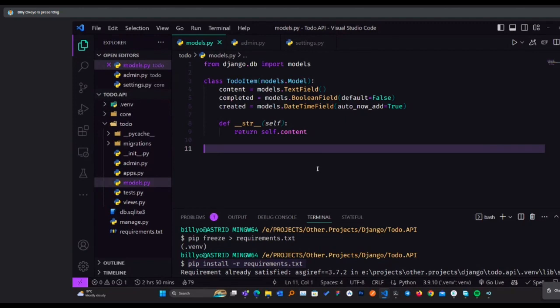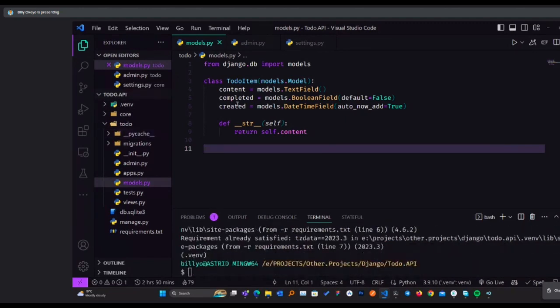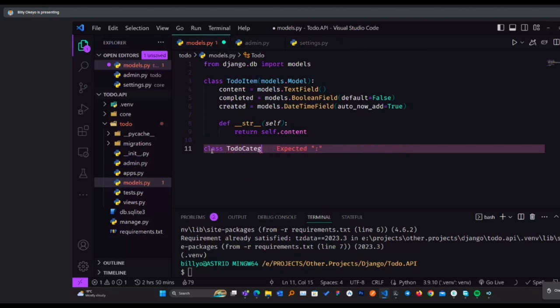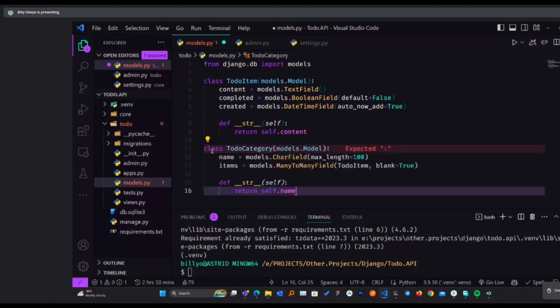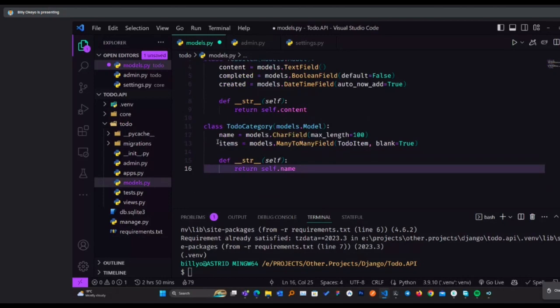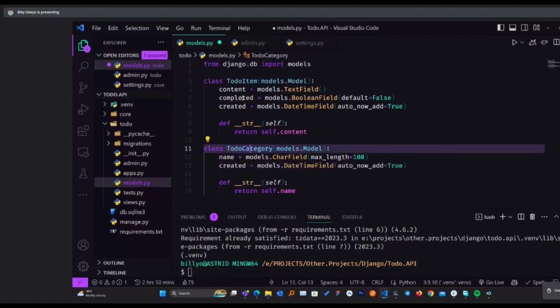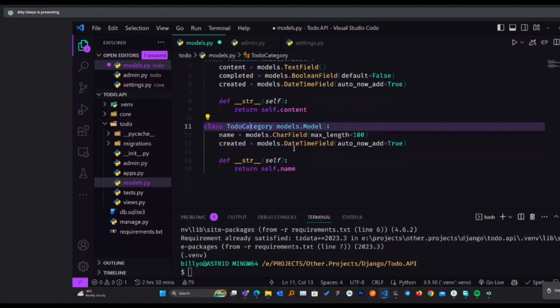Not really specifically, because let's say in this to-do app, I can just do an example. So probably I want to add a to-do category. Yeah, sure. So for this, let me just remove this item, so I just have the name and the created. So I have now these two tables, to-do item and to-do category.